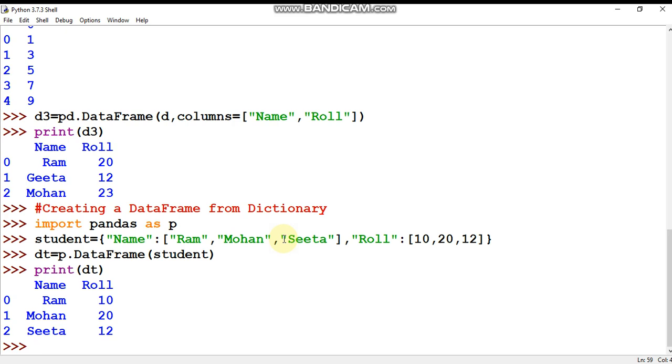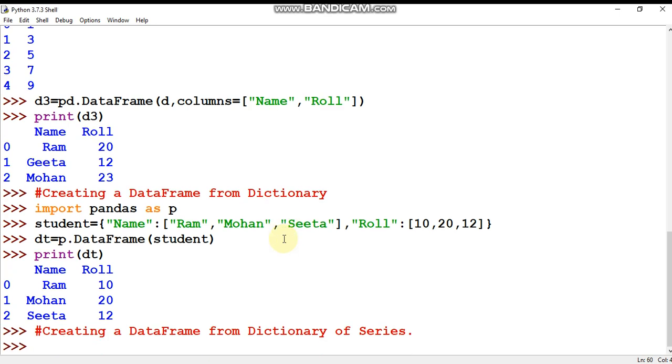Now we are going to talk about creating a data frame from a dictionary of series. For that we need to create a series first.